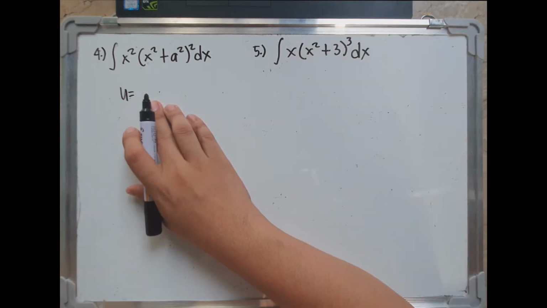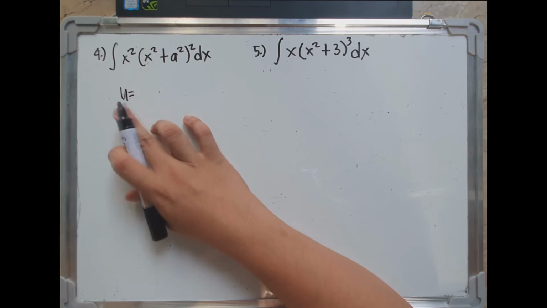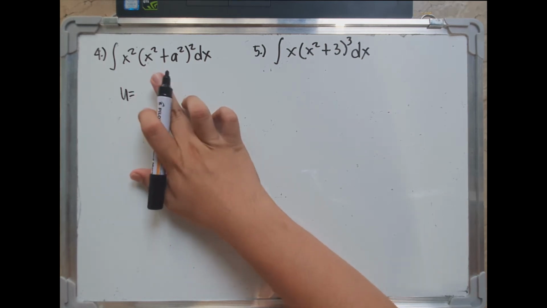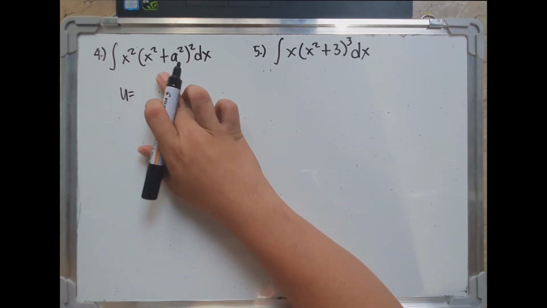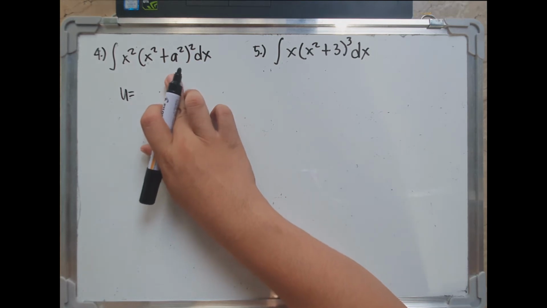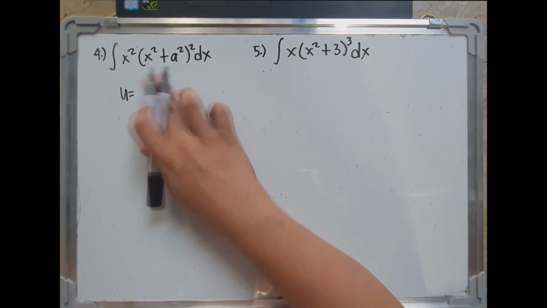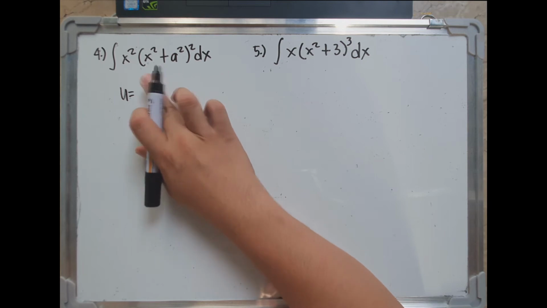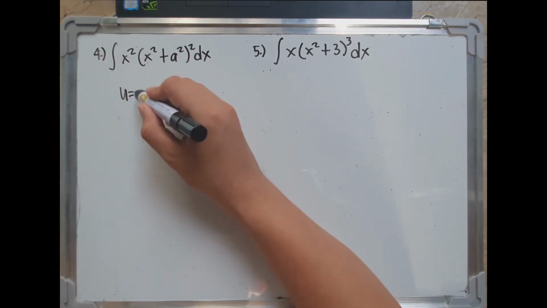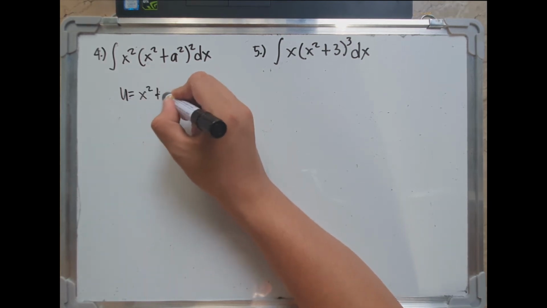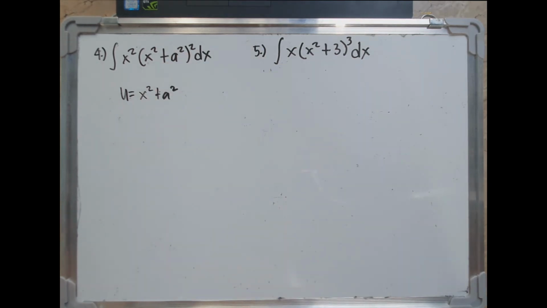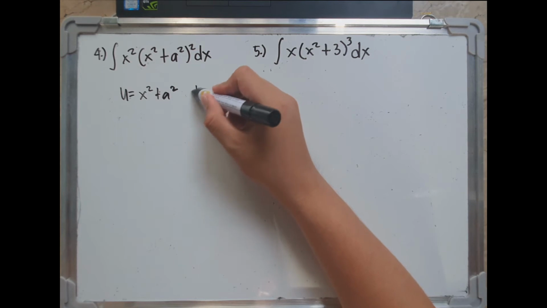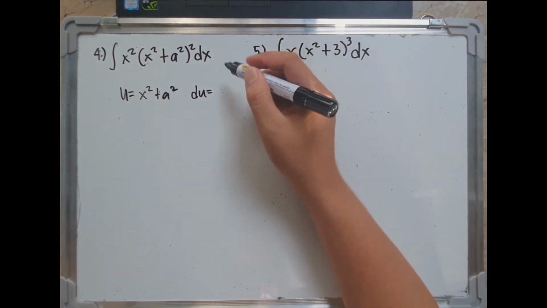Now in this example for number 4, if we try to use the function x squared plus a squared, where a right here is a constant, if we use this function as the u, deriving that one,